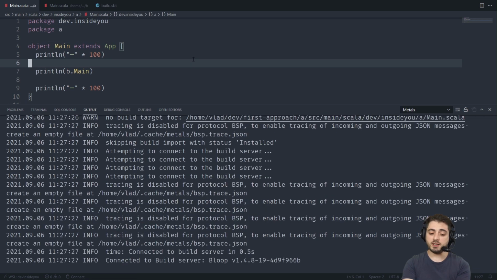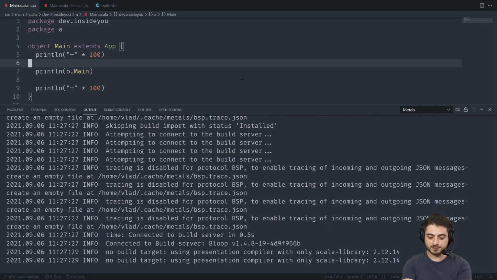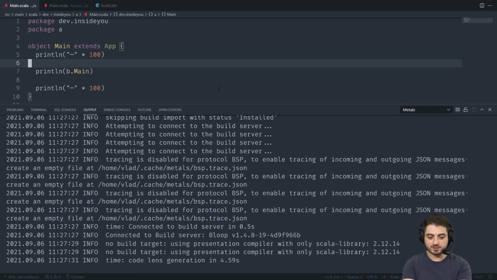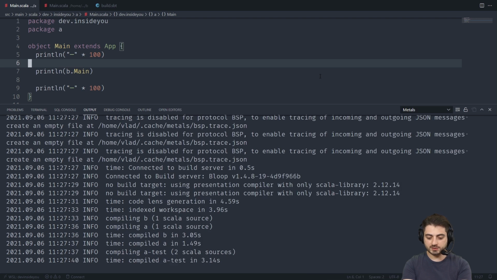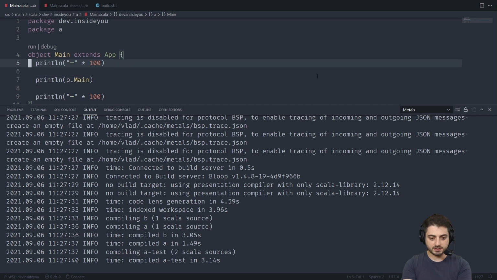Maybe we should actually recompile the entire build just in case. But yeah, these things sometimes happen. Yeah, so see, now it actually starts to compile. So even though we could jump in there, only now it actually starts the compilation, even though I asked it to cascade the compilation and stuff. So we should see the lenses at this point. There we go. There we go.